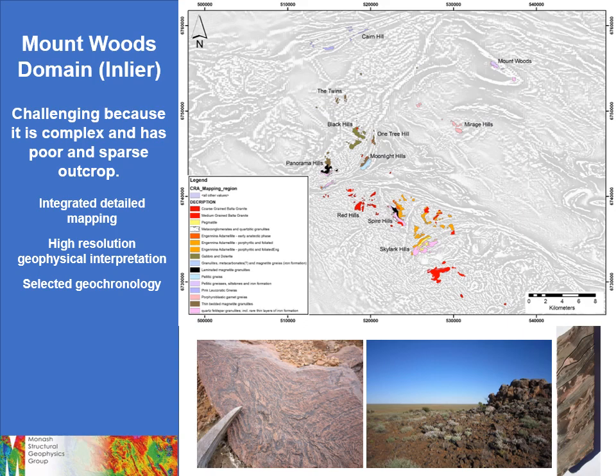Okay, but the data that we had allowed for a higher resolution geophysical interpretation, and in addition to this, we had much greater geochronological resolution, courtesy of Geological Survey South Australia and some work from Caroline Tiddy and Oz Minerals. So to give you some sense of what the rock types look like, that's what an exposure looks like. It's basically vast, flat-lying desert with sporadic outcrops sticking out.